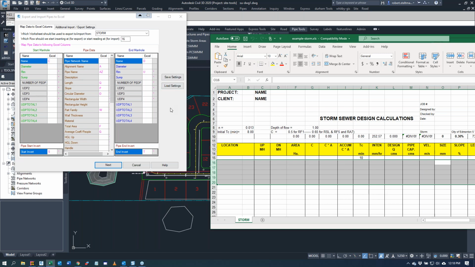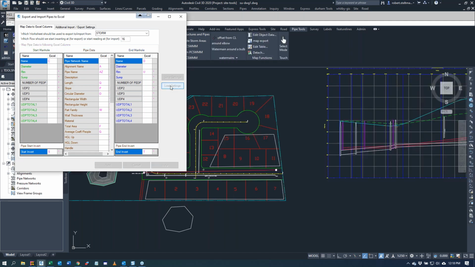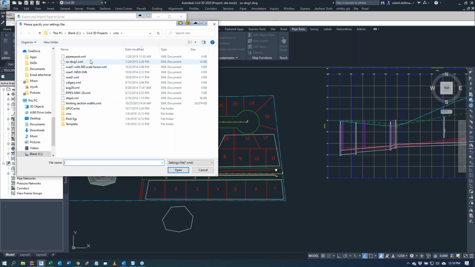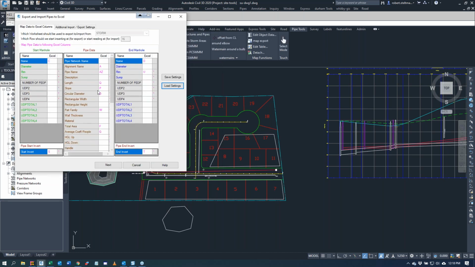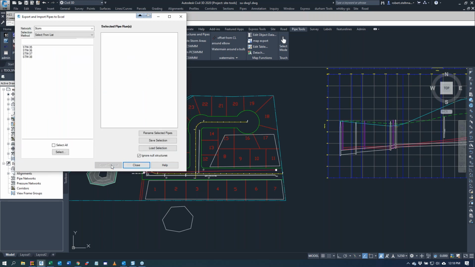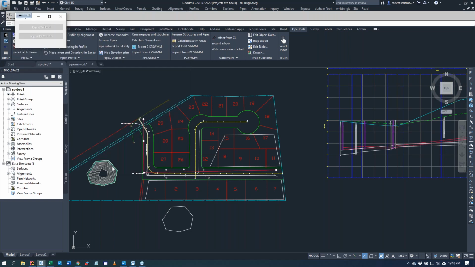item to the column that you want it to go to. You can have multiple, it remembers all of your columns. So if I go to load settings, here's the pipe export XML, and this one is matched to that spreadsheet. We go next, and we can again pick all of the pipes that we want, and we go export to Excel,